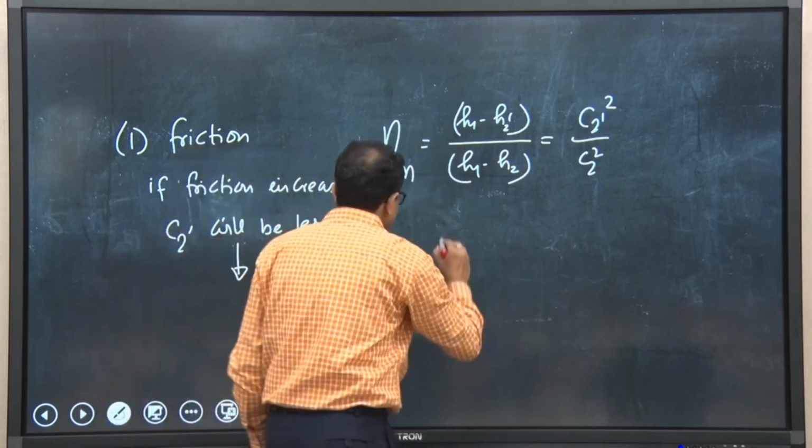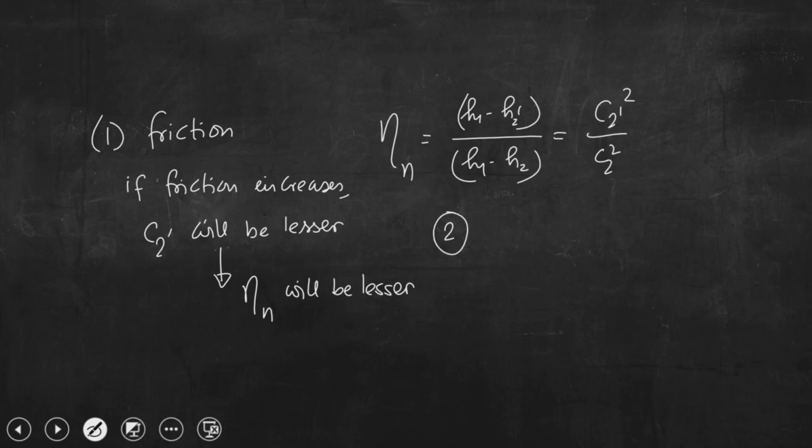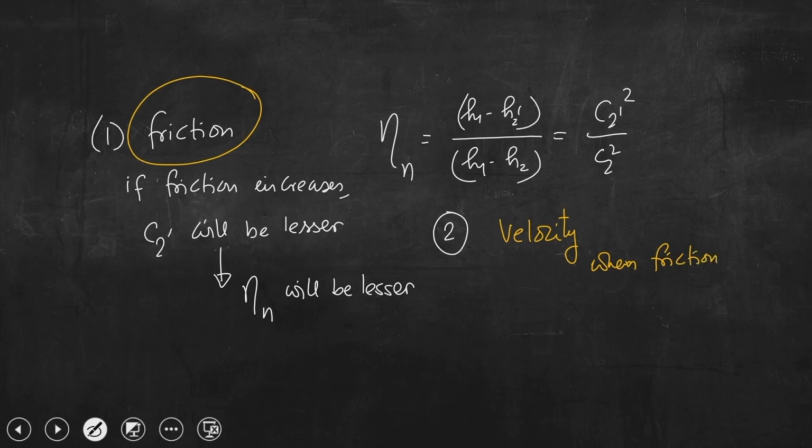Number 2, let me discuss here. Number 2 is, see, this is something which is again related to friction. So, velocity. This is the main factor. Now, I will be discussing velocity, but you can see the velocity is directly linked to the frictional effect. So, now what will happen, when friction is less,